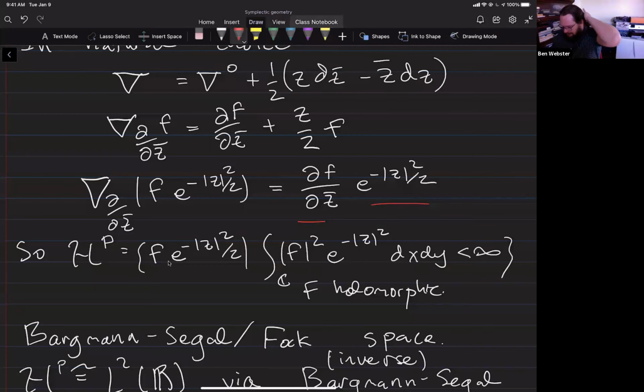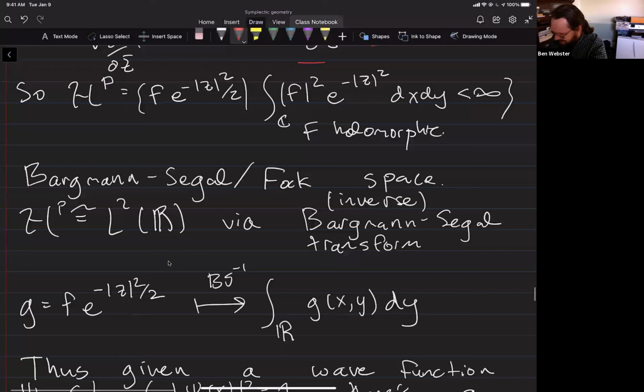So this is called the Bergman-Siegel space, or the Fock space, or the Bergman-Siegel Fock space, depending on who you talk to. I was reading some source that told me there's some long, complicated story where Bergman and Siegel were doing this separately, and they met at a conference, but they were doing different versions of it. And then Bergman got sick for a while, and when he came back to it, he forgot about Siegel's talk, and so he started redoing all the stuff that Siegel had done. Apparently, people are very confused about exactly who should be cited with this, but it's a pretty cool idea.